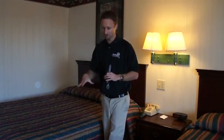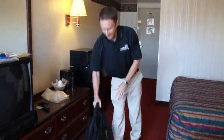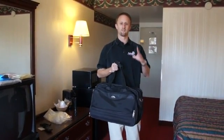Now, in terms of what you're going to do while you're staying here, I did an inspection of this room, and I now know that there's no real bad infestation. I'm going to take my bag, and I'm probably going to try to live right out of this bag while I stay in this hotel room. Now obviously if you're on a 10